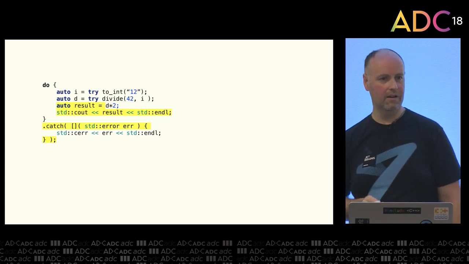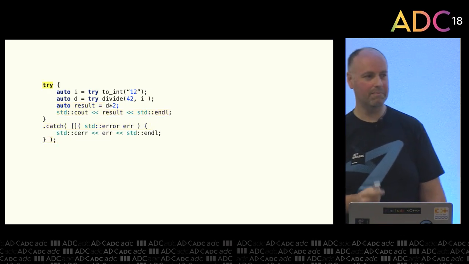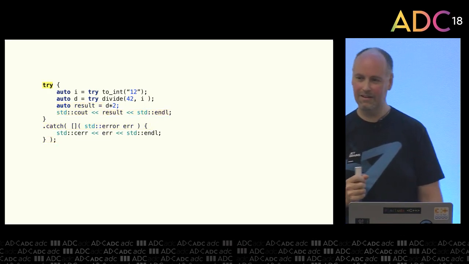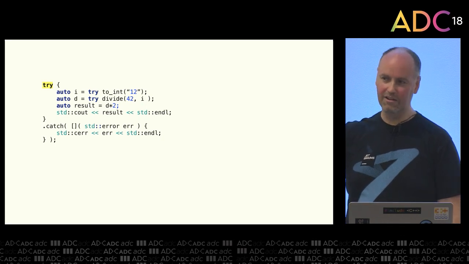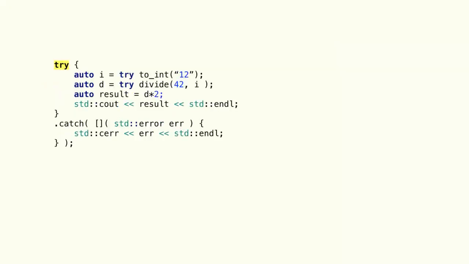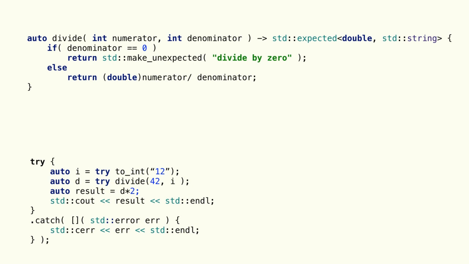Let's deal with the do keyword then. Since we've got a catch at the end, it makes sense to just call that try. Now obviously that's a contextual keyword because try already has a meaning in C++ in that position. We can only do this in a case where we know we're dealing with this type of syntax. We'll come back to that in just a moment. Don't worry just yet. In terms of the code you're calling, so we currently have this divide function, returns a std::expected.